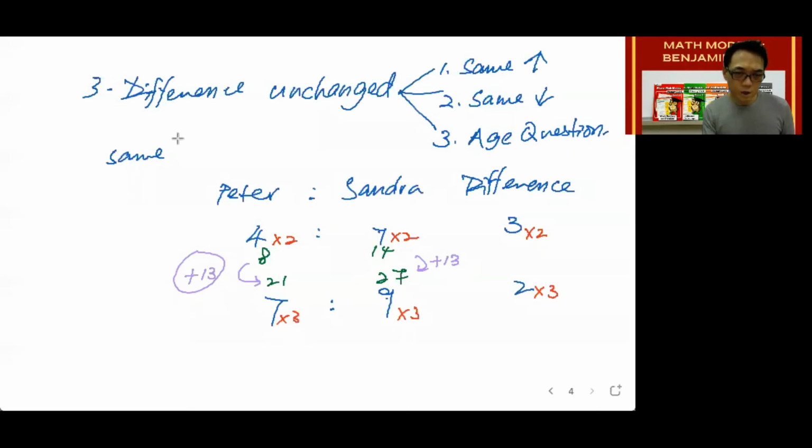If the amount decreases by the same, that's the second type of question. What will it look like? Let me just clear this out a little bit. Okay, so now we are talking about same decrease, the second type. In the second type of question,